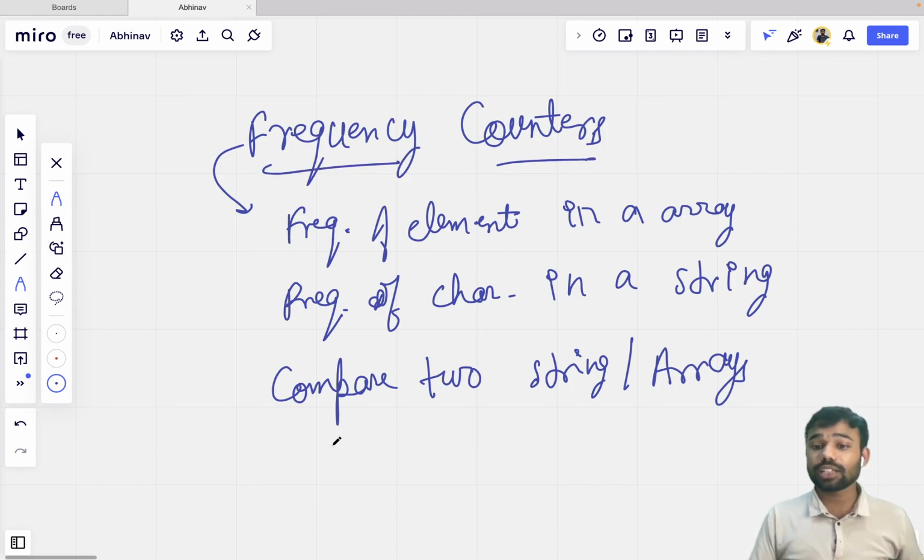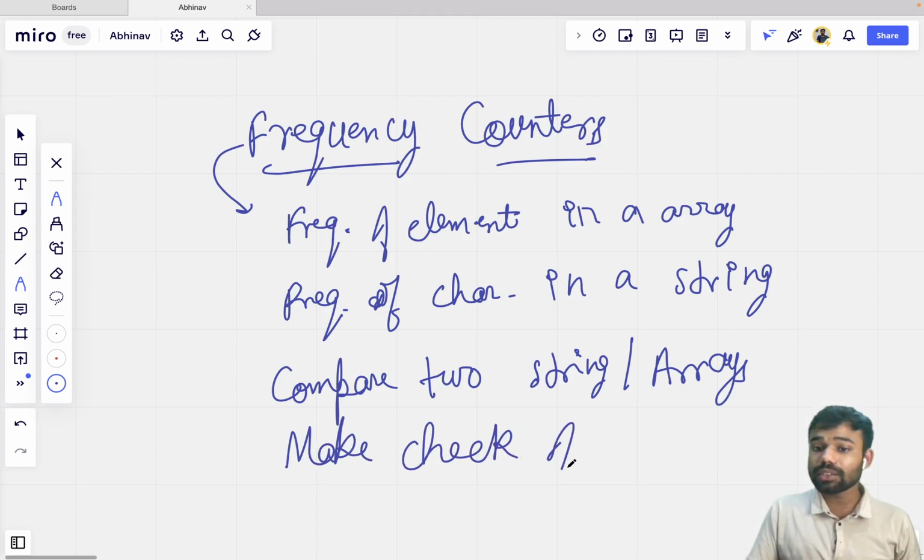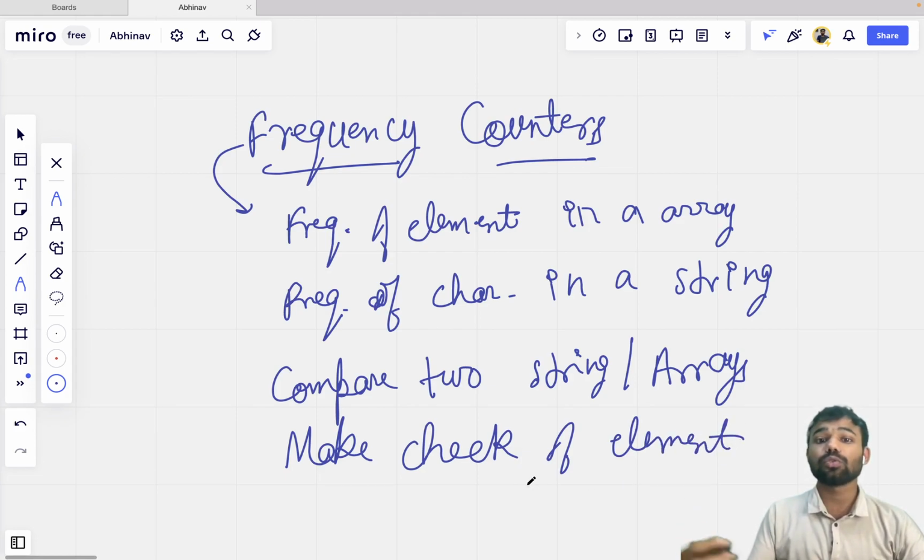We also use frequency counter in cases when we have to check what characters or elements are present. कौन सा एलिमेंट प्रेजेंट है नहीं है, लोग कैसे पता करेंगे, उसको फ्रीक्वेंसी में डालकर कि उसकी फ्रीक्वेंसी कितनी है। अगर एलिमेंट प्रेजेंट है मतलब उसकी फ्रीक्वेंसी 0 से बड़ी होगी, अगर प्रेजेंट नहीं है मतलब उसकी फ्रीक्वेंसी 0 होगी। इस तरीके से हम लोग इनका यूज कर सकते हैं।